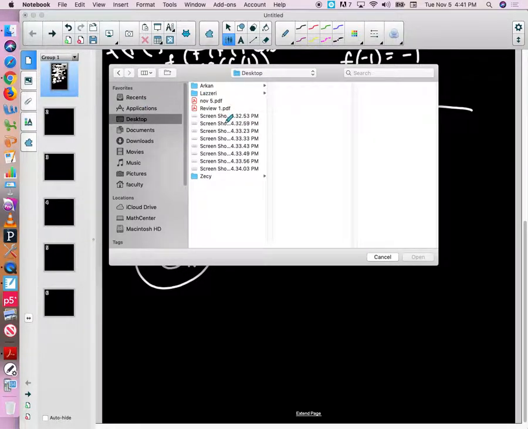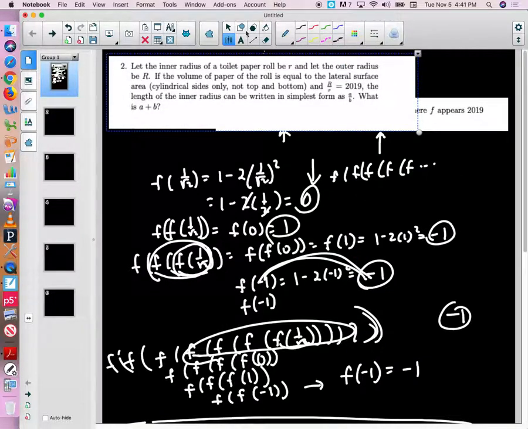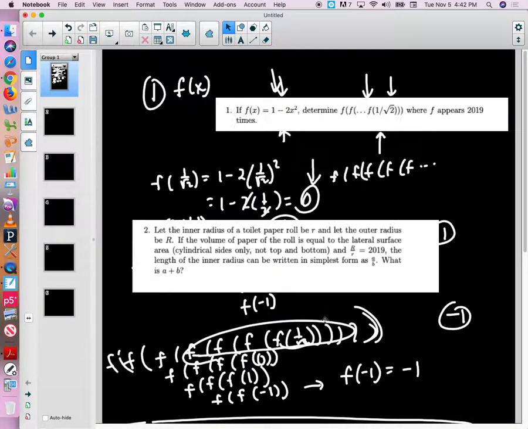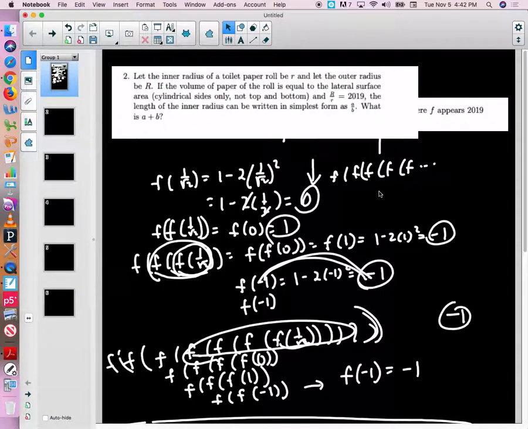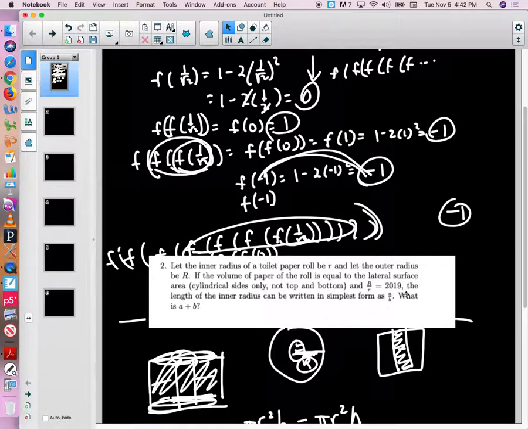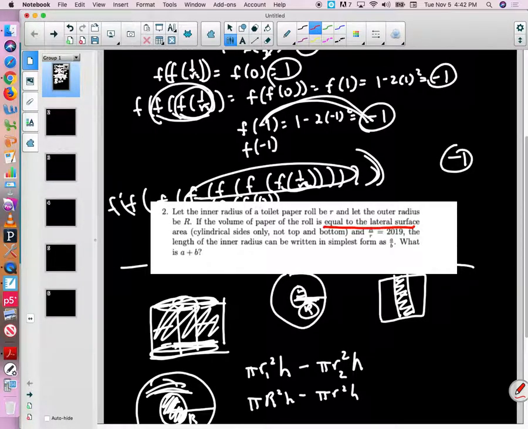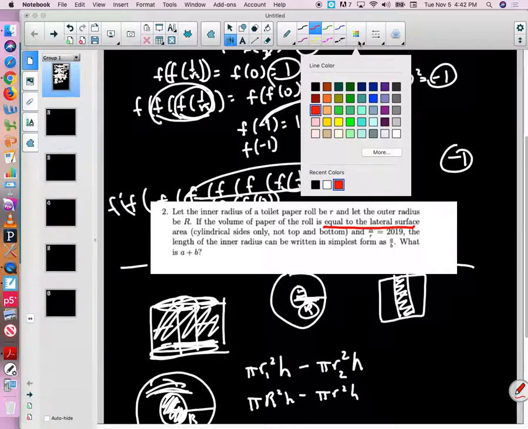Okay, so this one. I don't know where it put it. Here it is. Okay, so we have this. All right, now it tells me that the volume of the toilet paper roll is equal to the lateral surface area. Equal to the lateral surface area. And so I'm going to say equals, and what the lateral surface area is